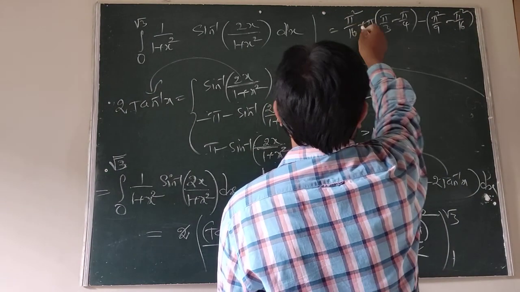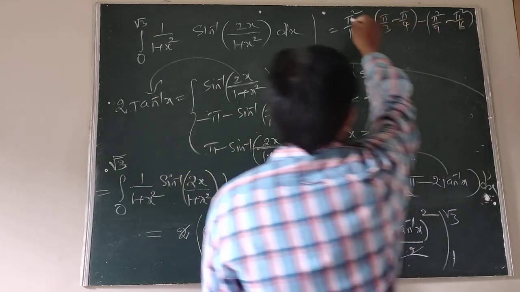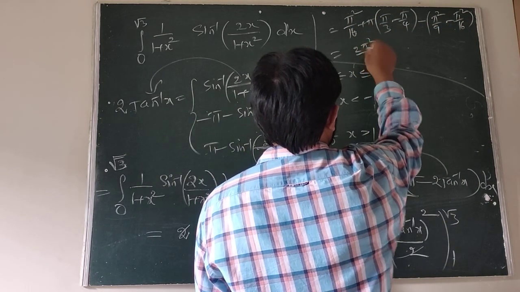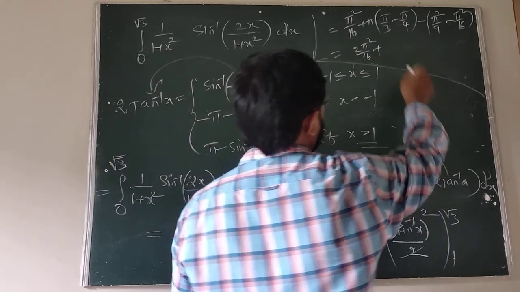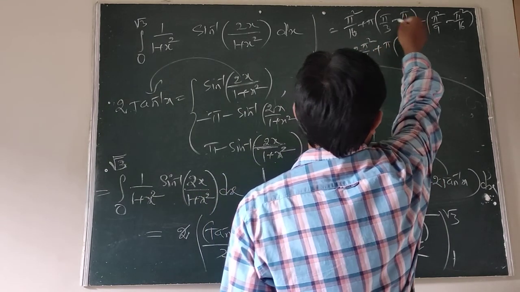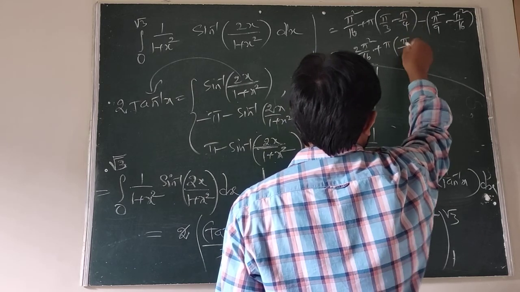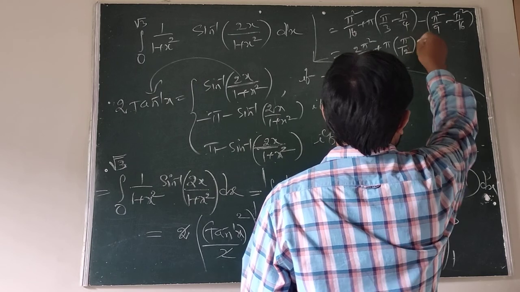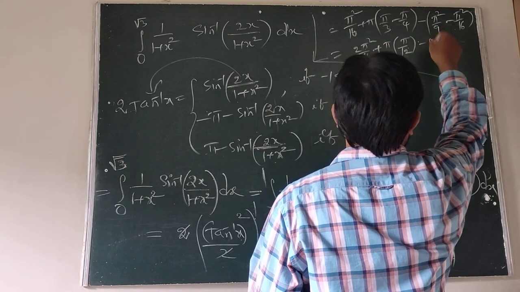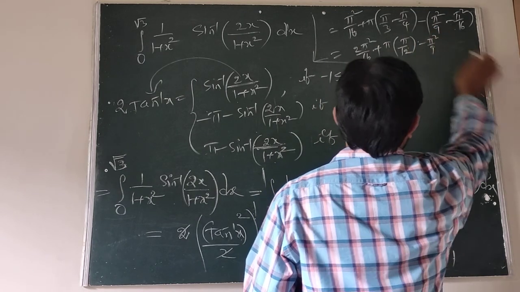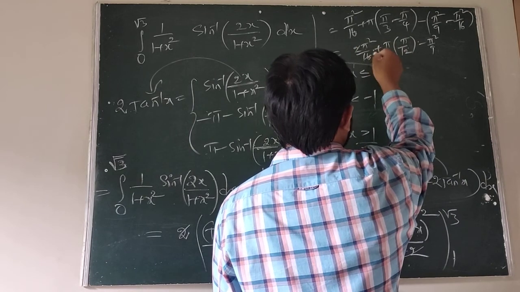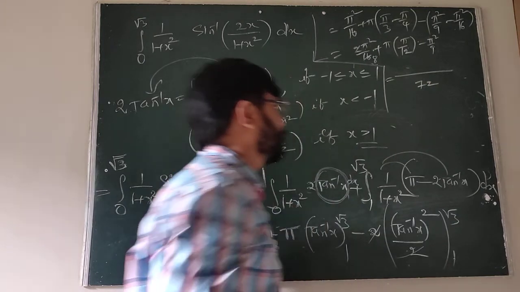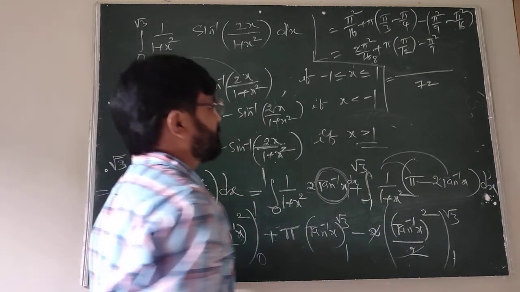Therefore here this is pi, minus of minus plus, pi square by 16, that is 2 pi square by 16. Now this is pi into 4 pi minus 3 pi, that is pi by 12. After that minus of pi square by 9. Therefore we are taking the LCM, which is 72. Now 72 is the LCM.